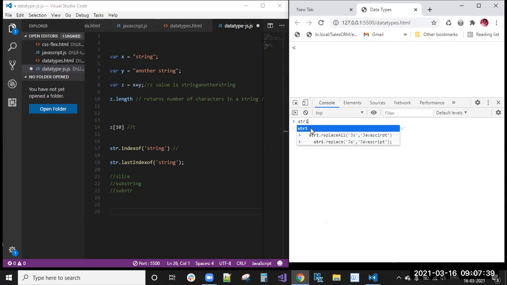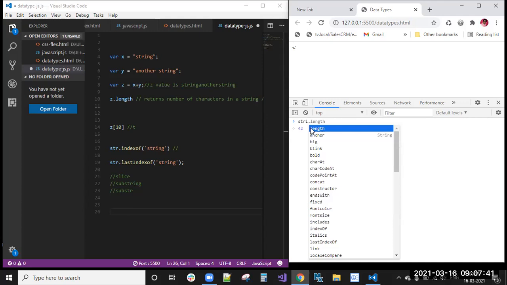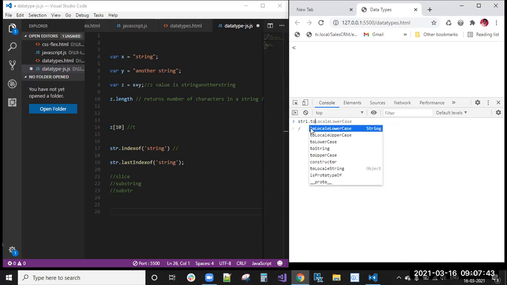Okay, str1.toUpperCase, toLowerCase. We have toLowerCase. Okay, see, all will be converted into lowercase. Next, toUpperCase.